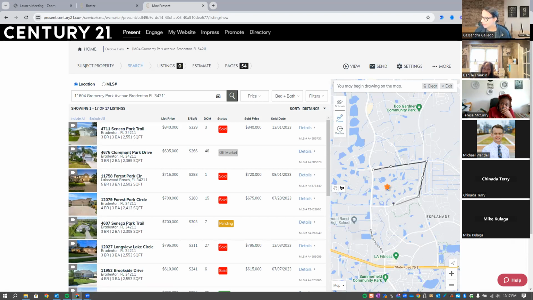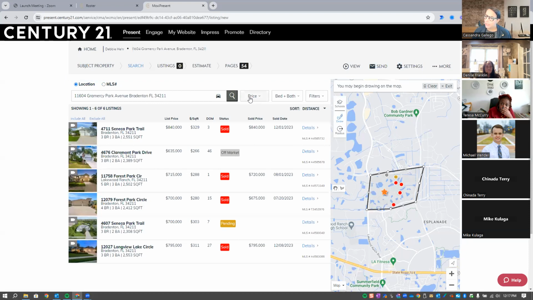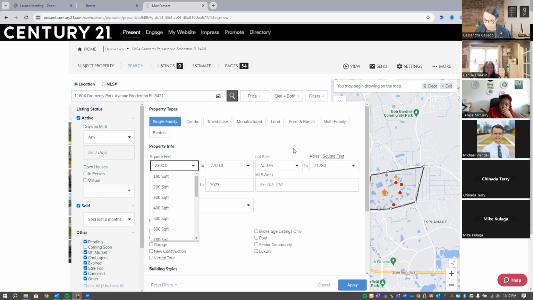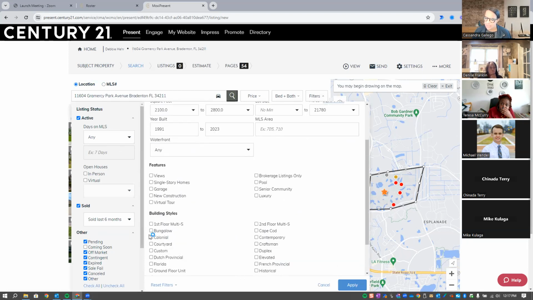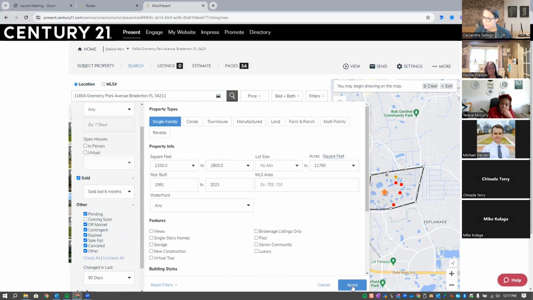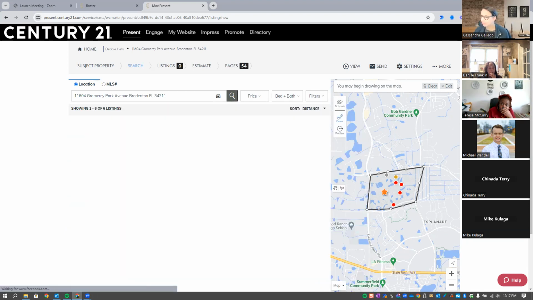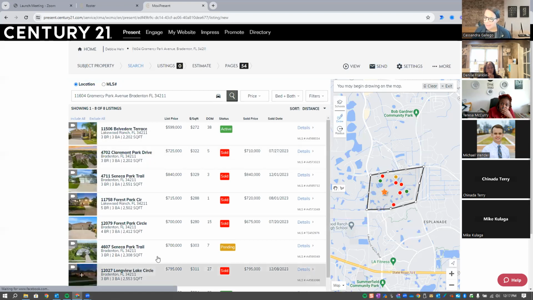So I'm just going to draw my subdivision here. All right. And notice we've got price, bed and bath, and these additional filters. So maybe I want to widen this range just a little bit. That's good. All right. I'm going to go ahead and, oh, wait, let's get rid of off market and canceled or other. Apply. All right. So I have these to choose from, and in a perfect world, I'd go through them and